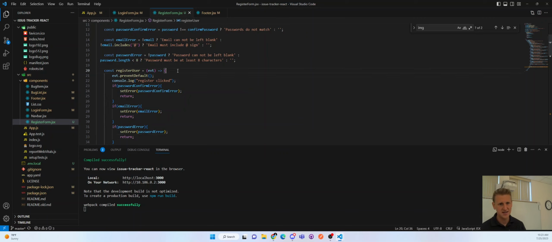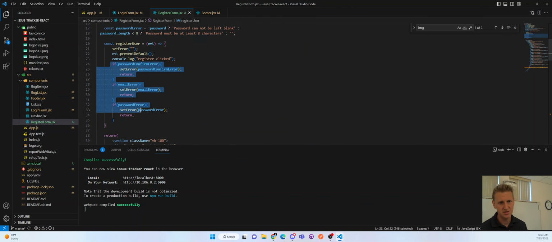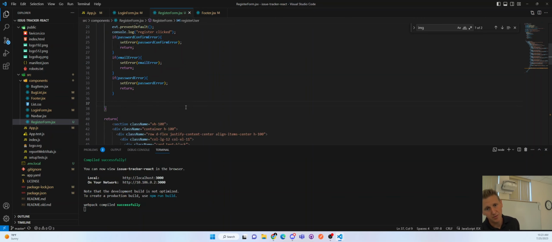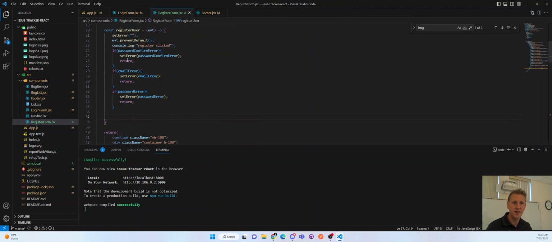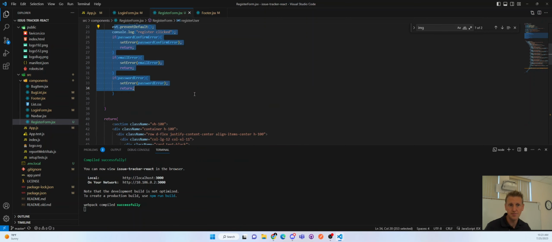I'm also, at the top of this, I'm just going to set error to empty. And then based on these conditions, right? So we're going to assume no error, but if these conditions hit, then we set the error. And we're ready to say, okay, we did a little front-end validation,